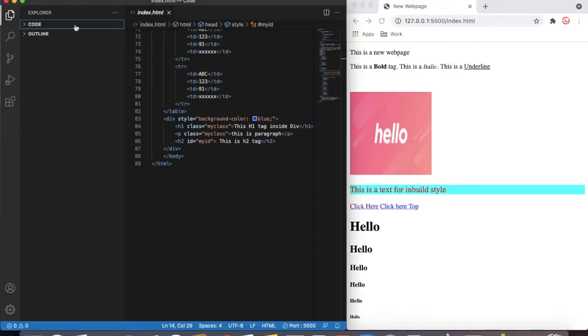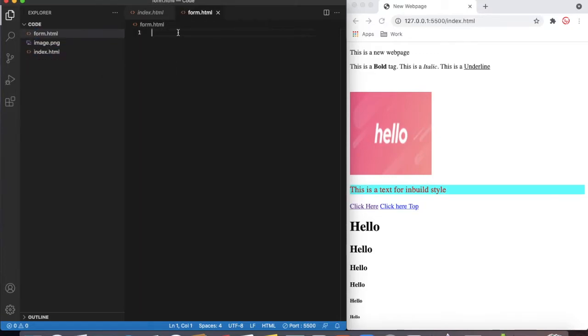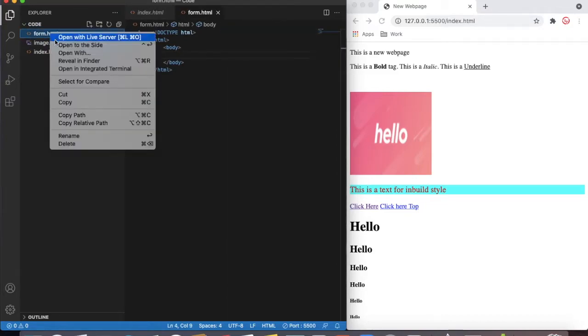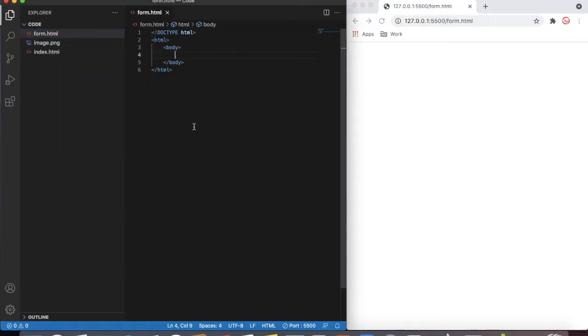So first I'll create one file here called form.html, and now the form.html is started. I'll do the basic setup. So now our form page is ready. You can see that form page. If I type hi and then save that, our text is reading. It means that our basic setup is ready. Basically, I have not done anything. Just define the doc type and then HTML. Inside that, I just define the body. Okay, so that's it. So let's collapse this part.